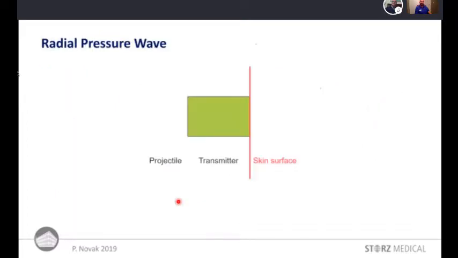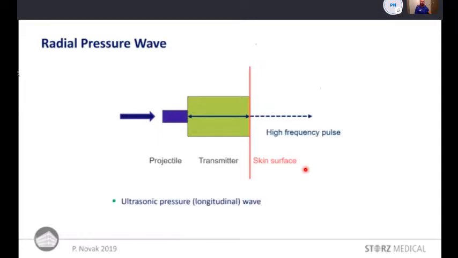Now we have a look theoretically at this transmitter. The projectile hits this transmitter. First, there are vibrations generated within the material, and they partly can escape into the body. And these vibrations typically have high frequency because the speed within this material is usually significantly higher than in water or surrounding tissue. It's in the range of an ultrasonic signal, about 100 kilohertz, depending on material and the shape of the transmitter. This is a longitudinal wave.